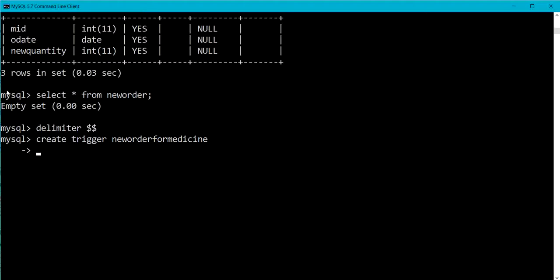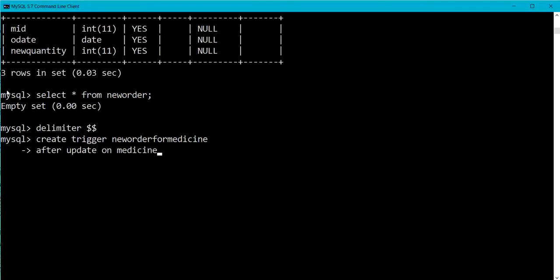In the second statement I am writing after update on table. Here my table is medicine, so I write the table name as medicine.